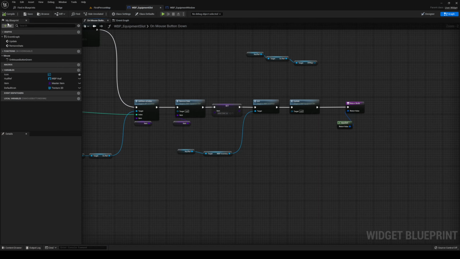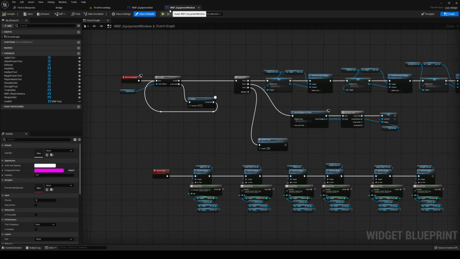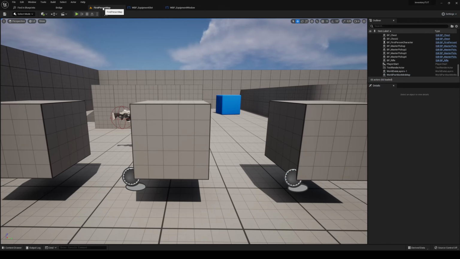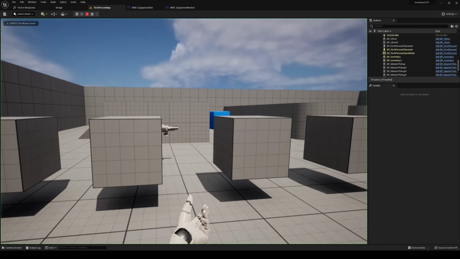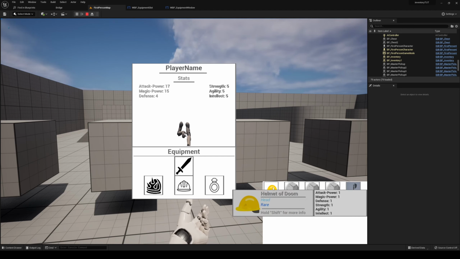So that's how you would equip your item. You can just redo all of this that we did in this tutorial for other slots as well. So for your chest piece and head piece and any other piece you want, you would just set the socket name accordingly and adjust like that. So for the head, you would set the head